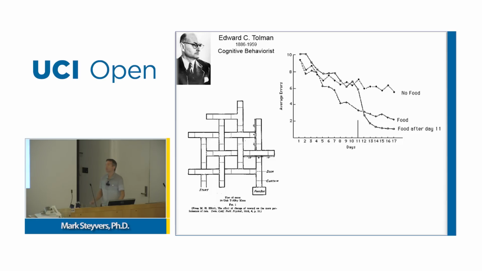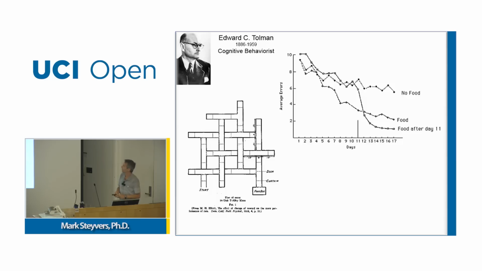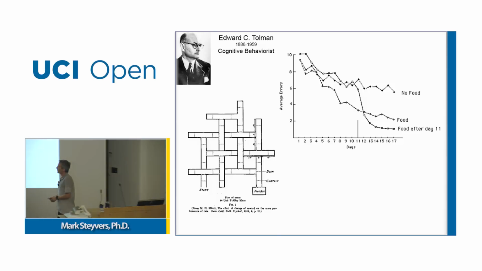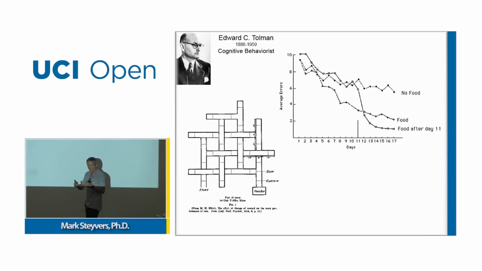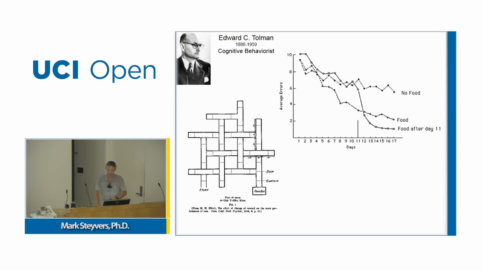So what's going on here? We have to assume that the rats are learning some mental representation of their environment. They're learning some cognitive map that helps them to navigate these environments. And this goes against the law of effect that Thorndike proposed, because they are learning associations or representations without any sort of reward from the environment. This is just internal representations developing just because the animal wants to or is inclined to do so.